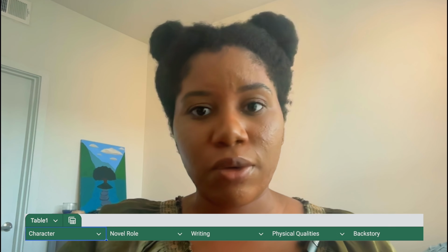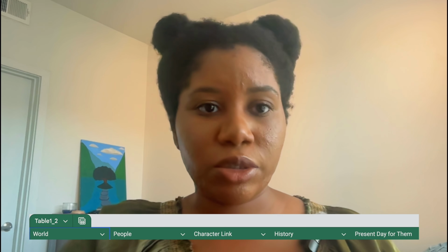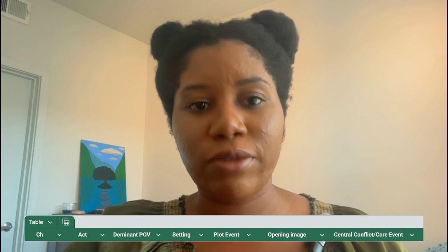In the character sheet, for instance, I outline the characters' roles, how I'm writing them, their backstory, their goals, their fears, and more. The world building sheet will outline the history of the cultures, the people, their goals, and the mysteries to them as a culture. The chapter outline helps me keep track of the mini plot within each chapter and which point of view I'm writing from. Each of the main characters in this book are unrelated, so they'll probably never cross paths. So for this sheet, I outline the chapter setting, the opening scene, main conflict and event, and the theme and the ending of the chapter.